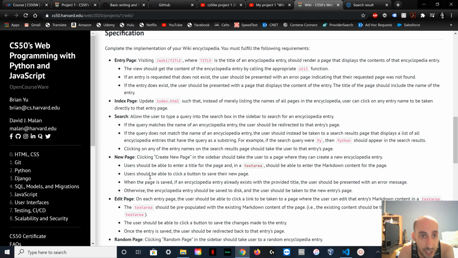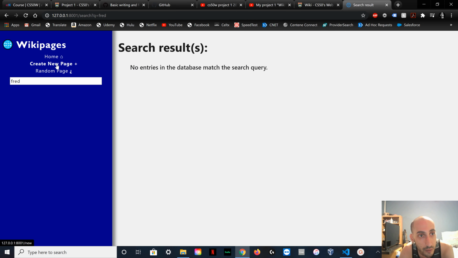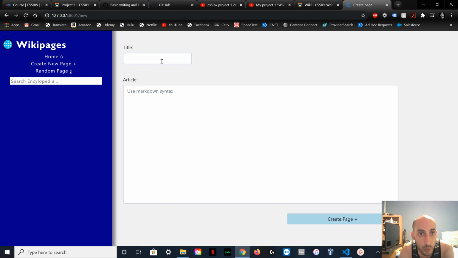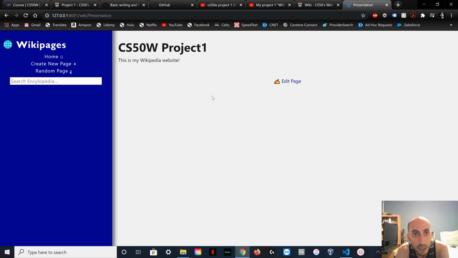The next specification states that a new page can be created from right there in the menu. So let's hit that. And we can create a new page, say presentation. And we'll put a header here. CS50W Project 1 and some regular text. This is my Wikipedia website. I hit create page, and here it is. So, next spec,